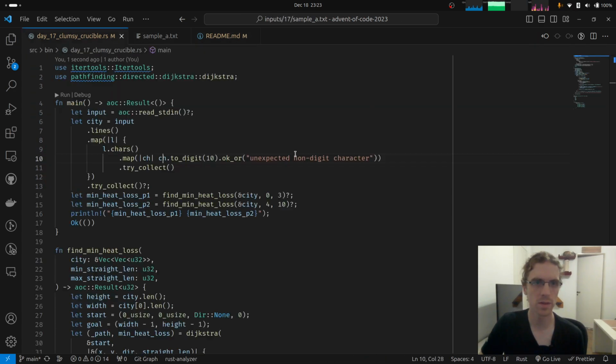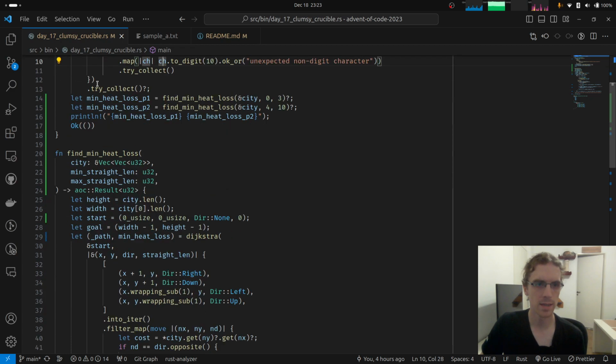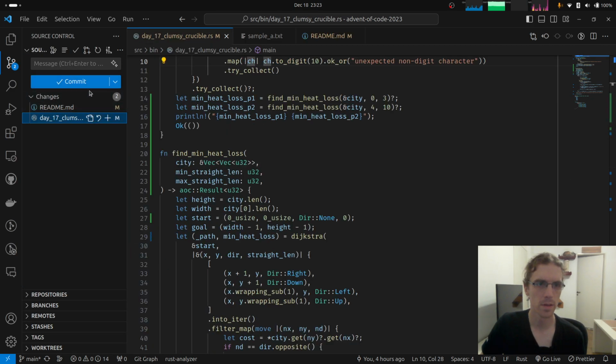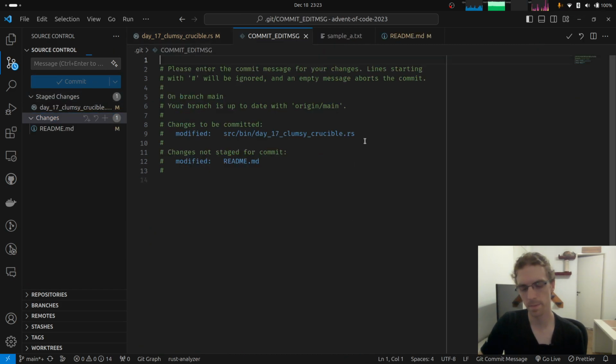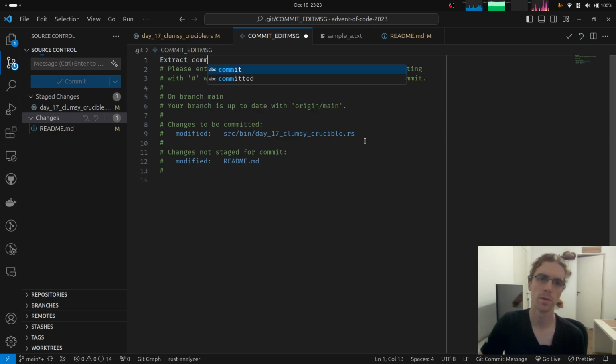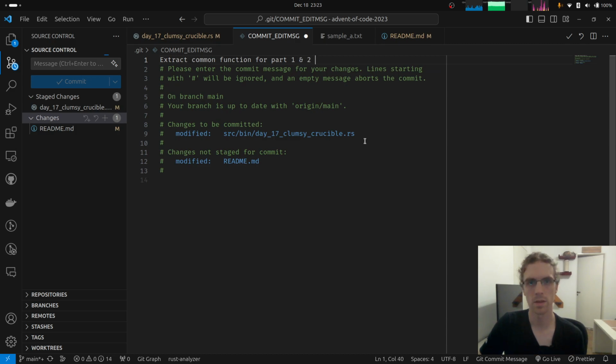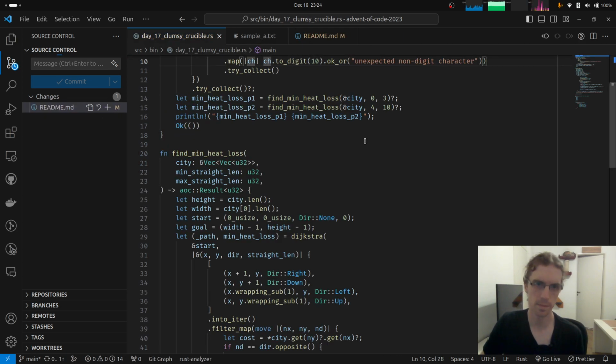Let's remove this first part, and let's actually just commit this. I'm not going to commit the readme because that is just our to-do. So, extract common function for part 1 and 2. This is basically on day 17, and that's it.